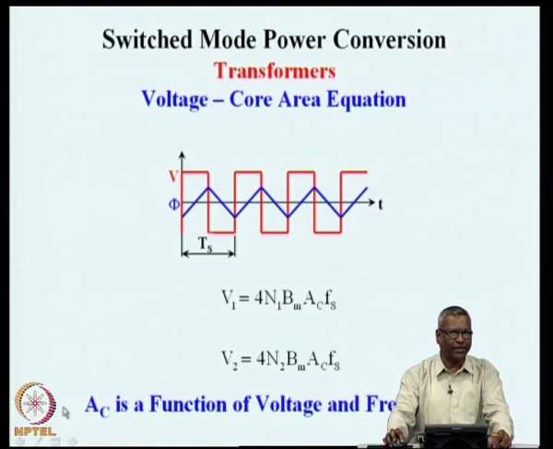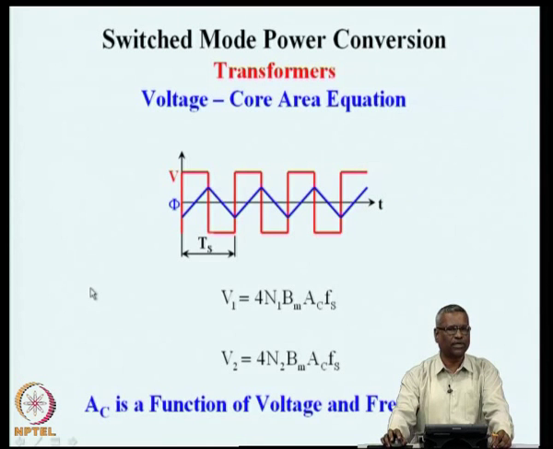The important point here is the core area of the transformer is a function of the voltage and the frequency. V1 is AC and Fs, all other quantities are fixed: number of turns for the winding, and the property of the magnetic material, maximum flux density Bm. So, you would say that V1 is proportional to AC and proportional to Fs, or we could say that AC is directly proportional to V1 and inversely proportional to Fs,